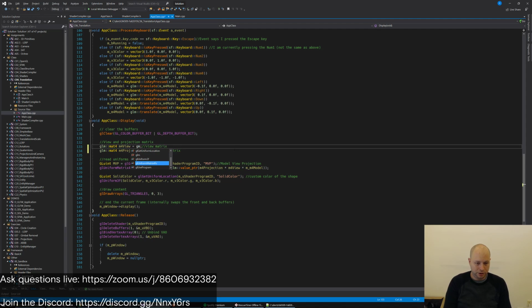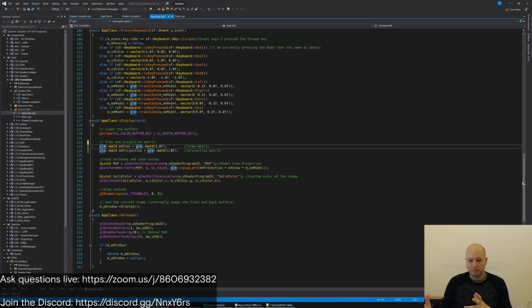And this is really just GLM matrix 4. Right, that's what's going on here. And these will be valuable soon in that we want to know what's going on. So we have our matrix view, and we have the matrix model,